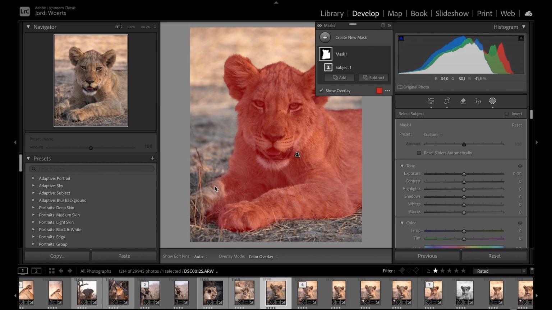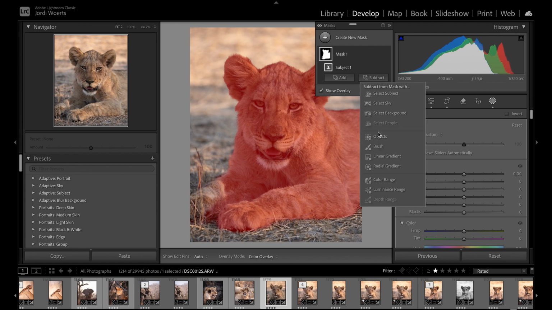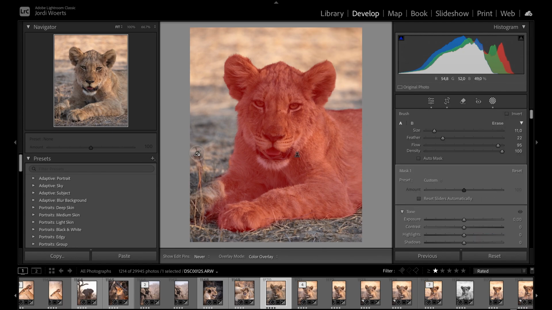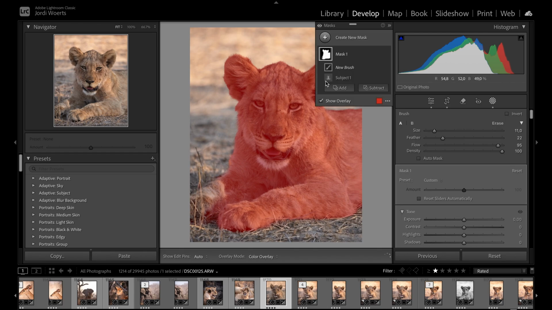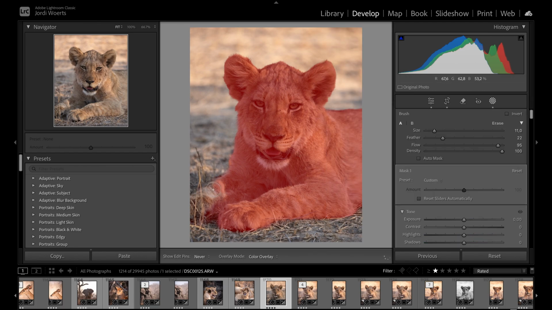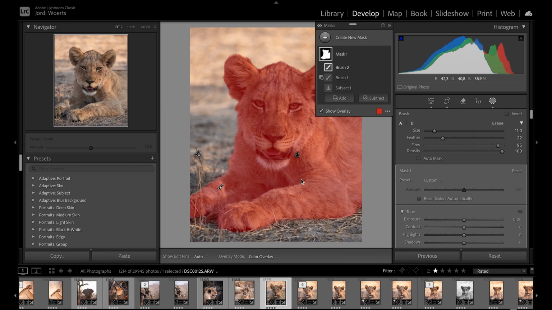But you see there's some issues here, like obviously the leg here is not 100%, and there's some patches on the grass here that are in focus or selected, but I don't want to be selected. So we'll just do subtract, and then with the brush I will remove the sections here on the left hand side. It doesn't need major adjustment. I'm not gonna waste too much of your time here, and then add a little bit too, and obviously I want to add this section here. Obviously normally I will be a little bit more precise with the grass there, but just for the example I'm just gonna leave it there.